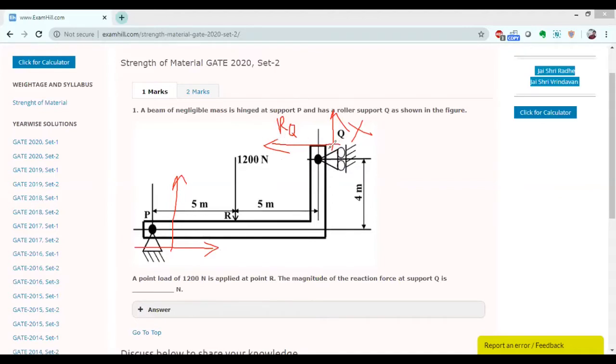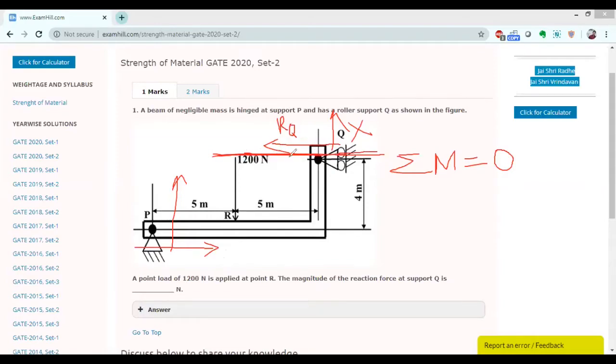This is the main thing we need to find. So how do we approach? Always remember that in these kinds of questions, you need to apply the equilibrium of moment, which means summation of moment is equal to 0. Summation of moment about any point would be 0. We need the value of RQ, so we can't take the moment about this point, because